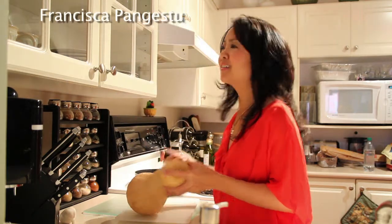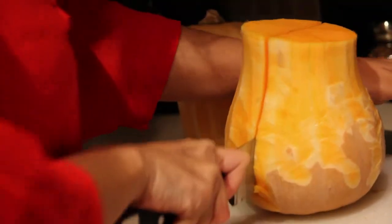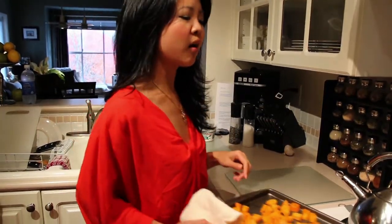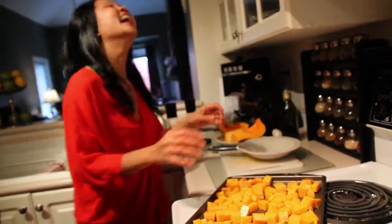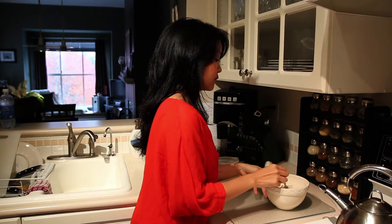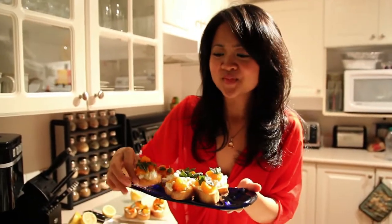Butternut squash just happens to be one of my favorite things to eat and cook. Shoot! All you do is peel the squash. I know how to cook, I swear, I really do. Squash has been cooked. Just let that cool. Okay. Can you do that again? Okay, do you want to see what... Alright, so we're gonna put that in... What's wrong? I went in instead of coming out. Okay. Here we go. Doing butternut squash, ricotta, and sage crostini. It's like a bite of fall in...